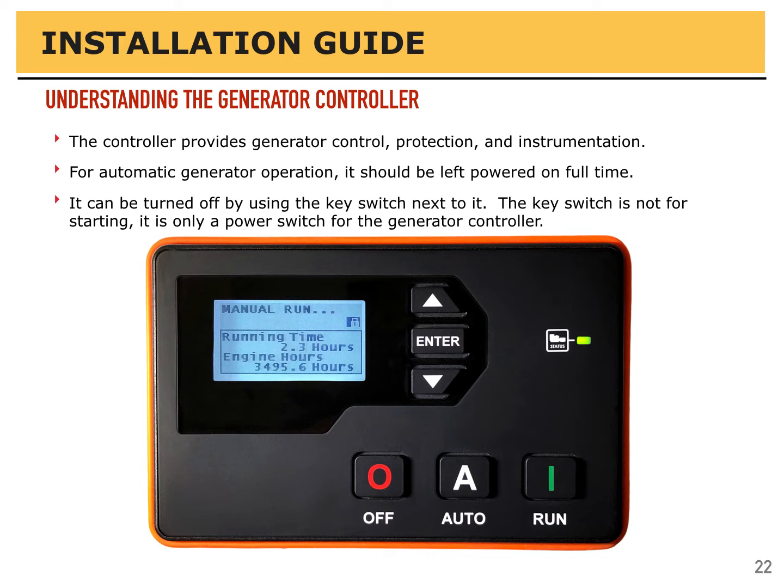It's a power switch to turn the controller power on and off. If you're not going to use the generator for a long time, turn the power off. It's not going to drain the battery. If you leave it on, it's going to use about 50 milliamp draw on the battery, and over time the